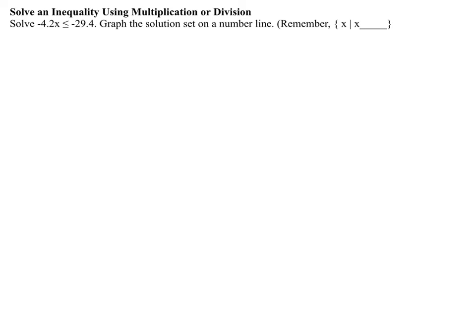It says to solve an inequality using multiplication or division. And it says that our example is negative 4.2x is less than or equal to negative 29.4. And they also want us to graph this on a number line, and they want us to go ahead and fill in our set notation. So we have negative 4.2x is less than or equal to negative